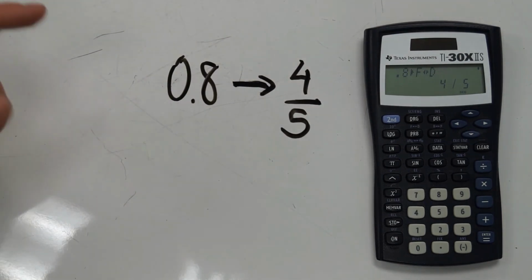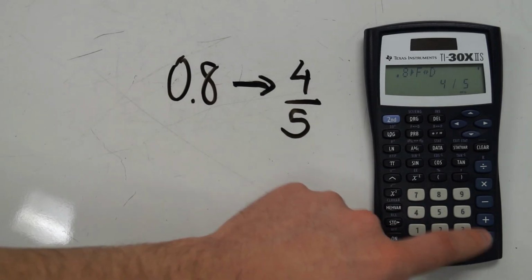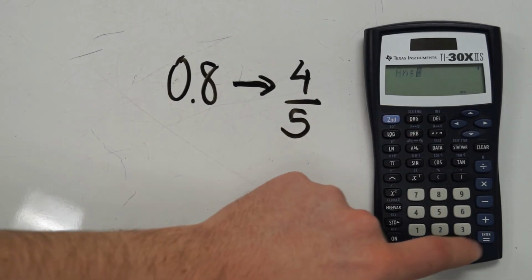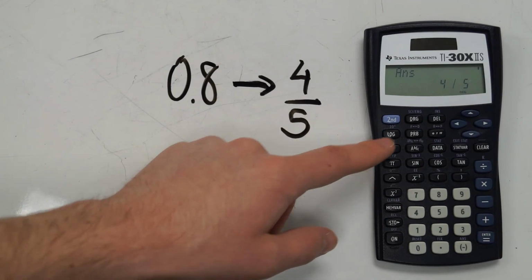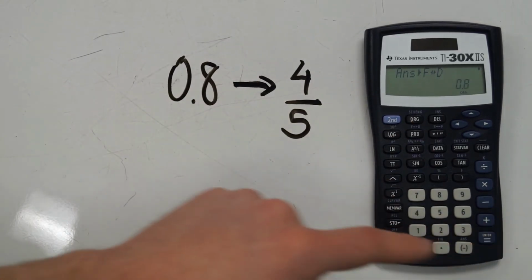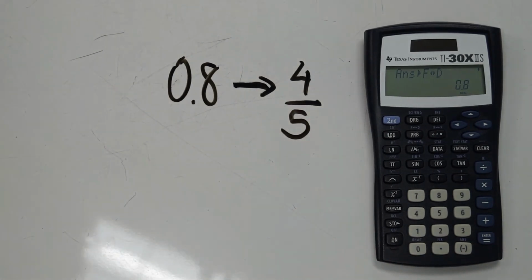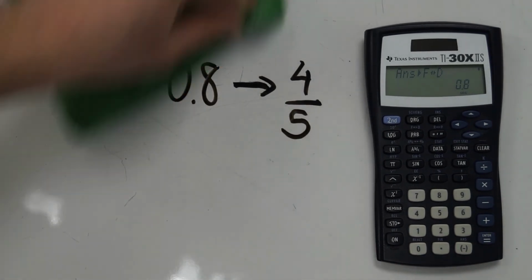If you press that again, because your answer is now displayed in fractions, and you want to go back to decimal, you just do the same thing. And there you go. And if you have a really complicated exponent,